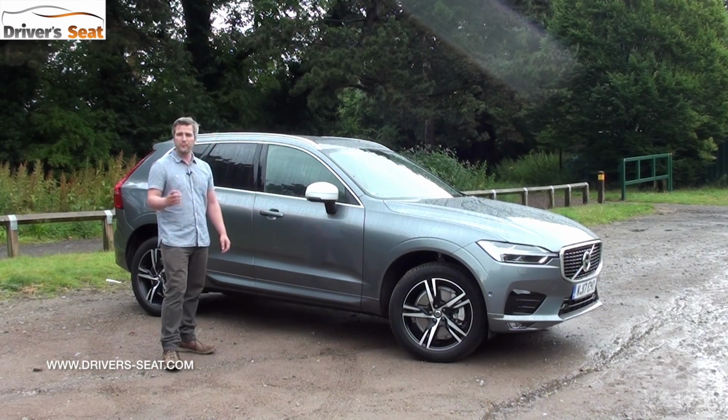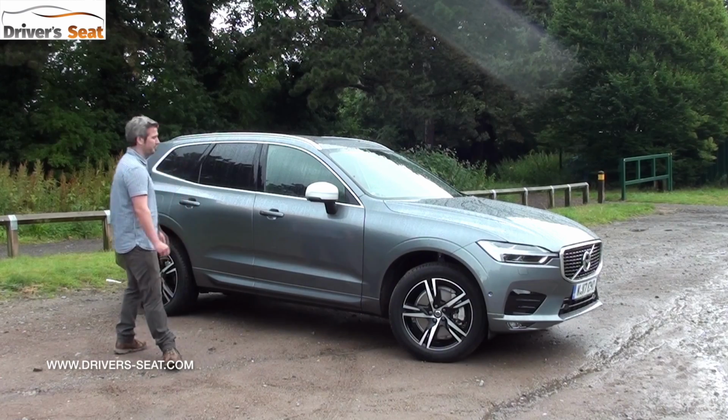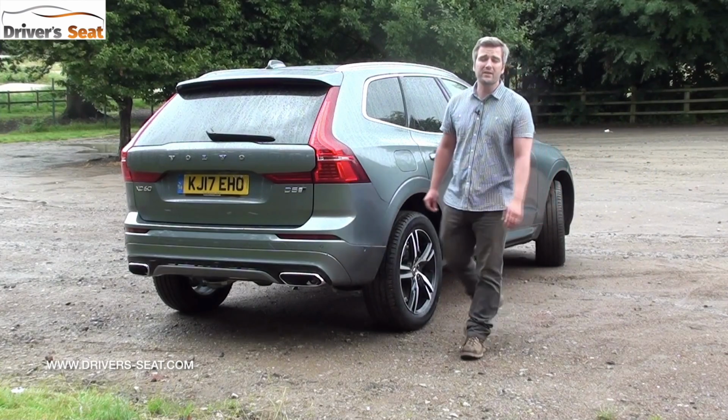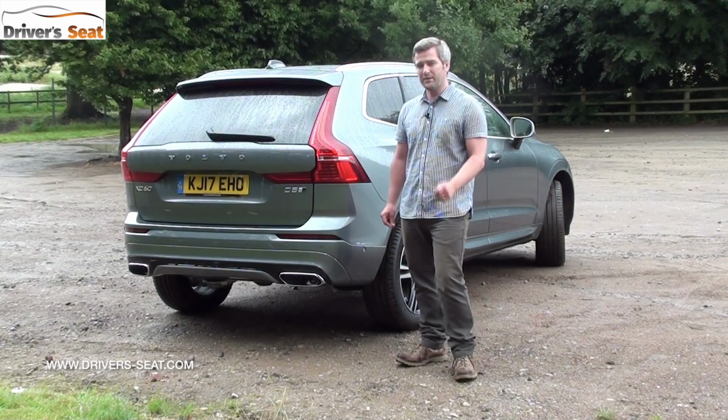It's available with 4 engines, 2 diesel, 2 petrol. That's a D4, D5 and a T5 petrol, whilst the T8 with the hybrid system is also available. It's available in 6 trim levels: Momentum, Momentum Pro, R-Design, R-Design Pro, Inscription and Inscription Pro. Prices start from